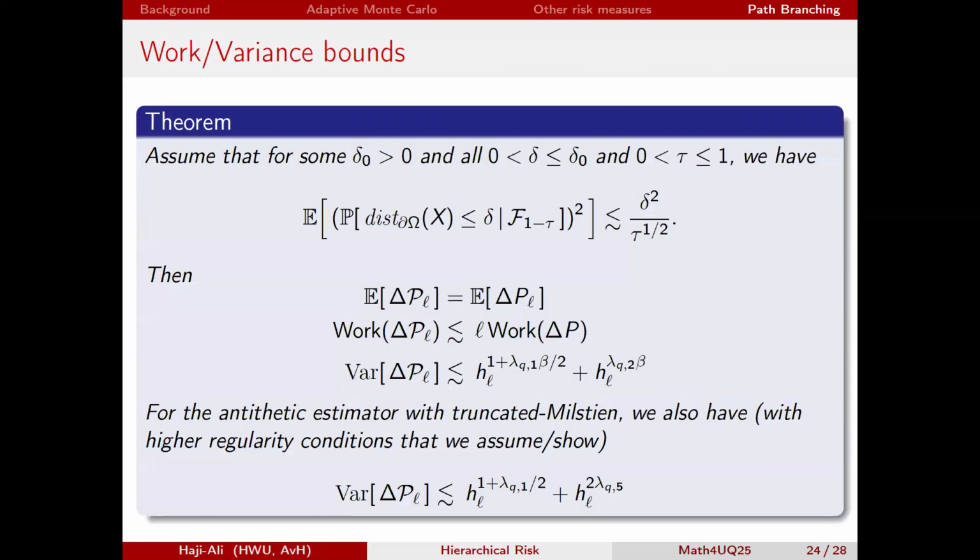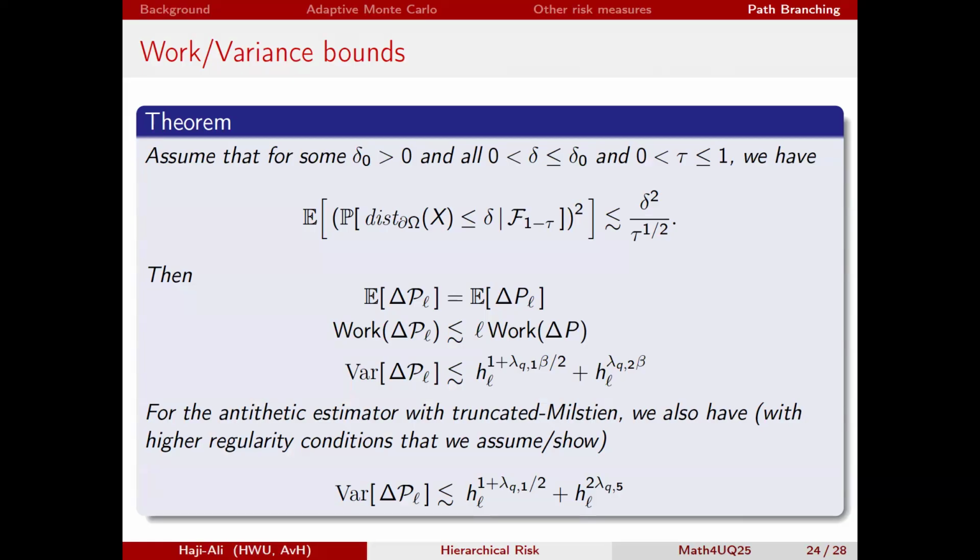So under similar assumptions to before, namely that the density is not unbounded around the boundary, but here not just the density, but the conditional density is not unbounded, and the blowup is controlled. Under this condition, which we can show for certain SDEs, this new estimator is unbiased. The work is not much more than the work of just a single sample, FL. And the variance is HL for beta, so the nice variance, plus beta over 2 plus 1. So I get an additional factor here relative to just a simple estimator.